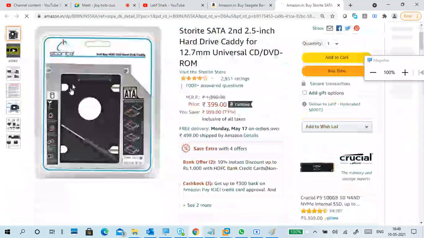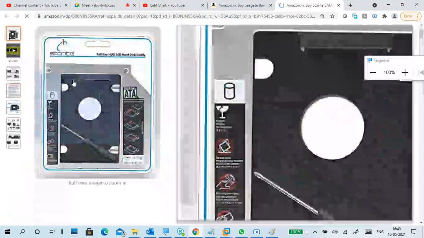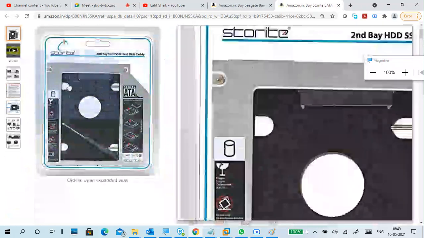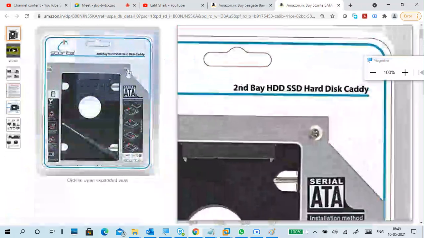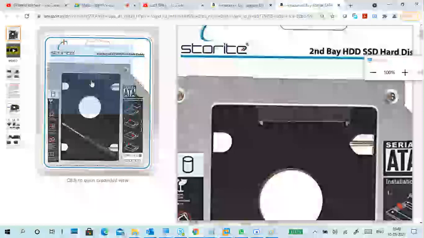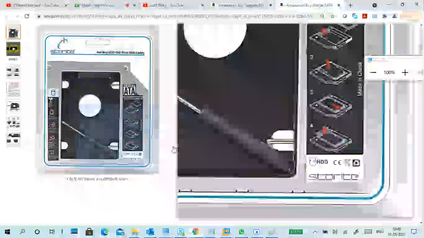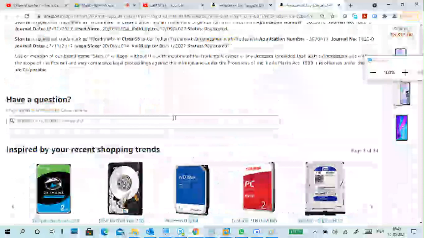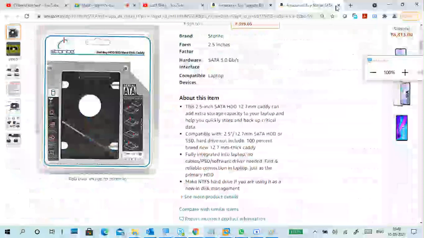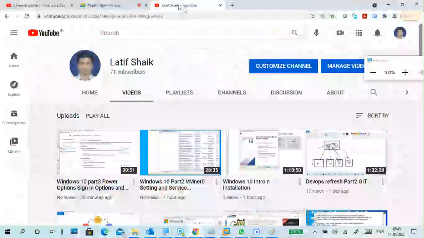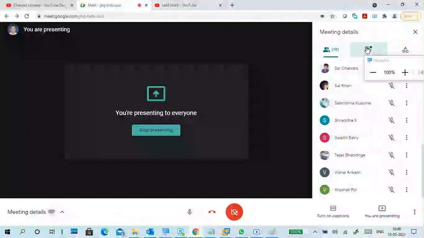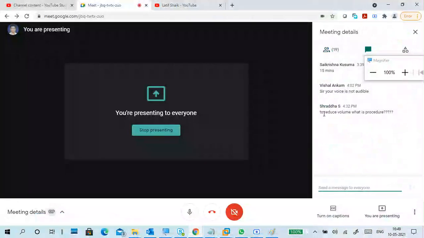So I removed my DVD ROM, second bay like this, and I inserted my hard disk here. A little bit of struggle. Luckily both are working. The first time it was not working, later it worked. You can learn so many things just if you try.